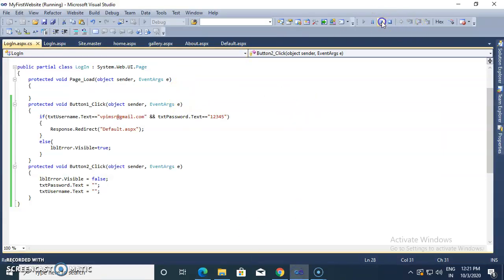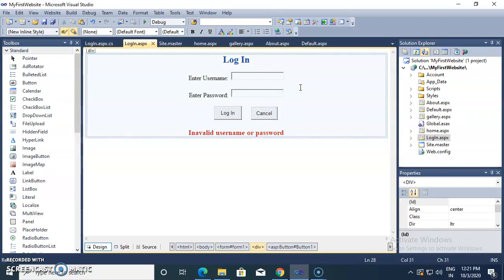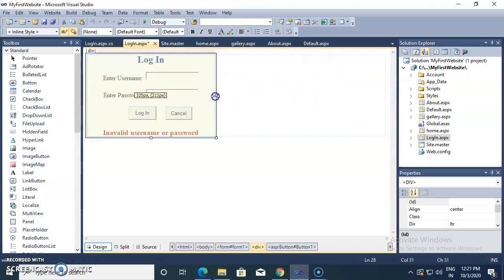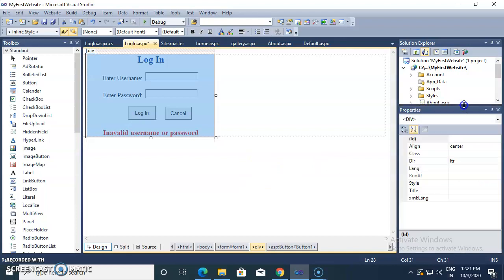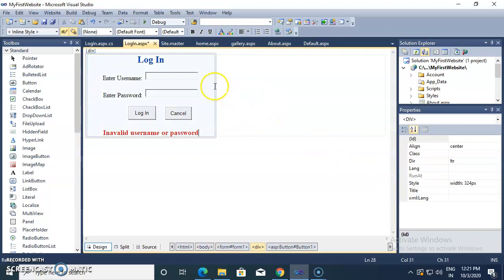Now if we want to design that particular login page, you may design it like this. You may give a background color to this. Here there is one division.